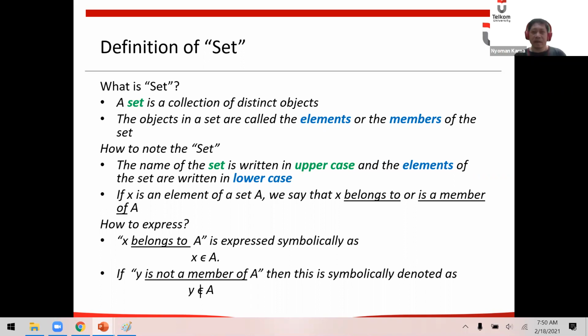Okay, and the objects inside a set are called the elements or the members of the set. Now, if we want to declare a set, we're supposed to use uppercase. For example, A. If A is a set, then we need to write down the A using uppercase.